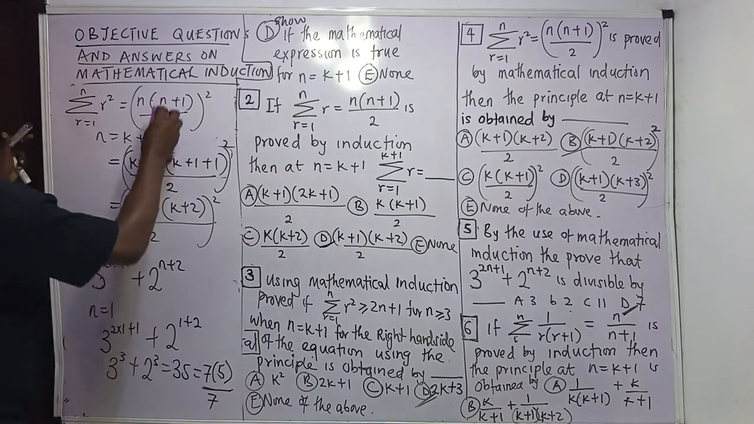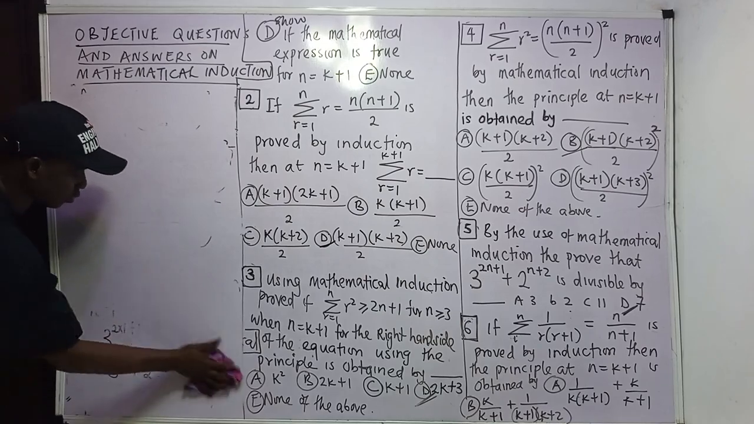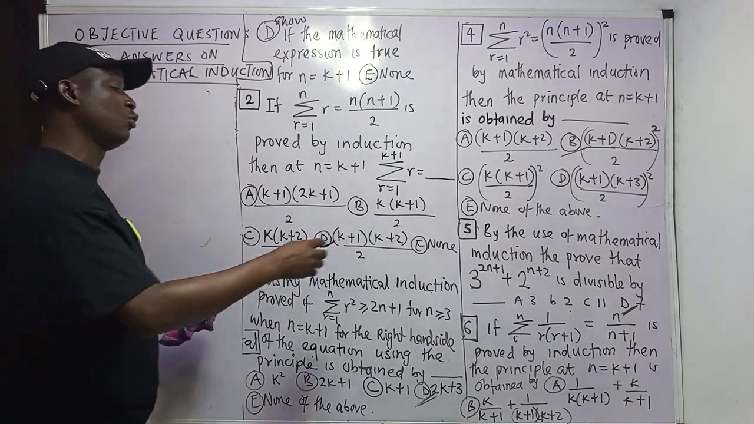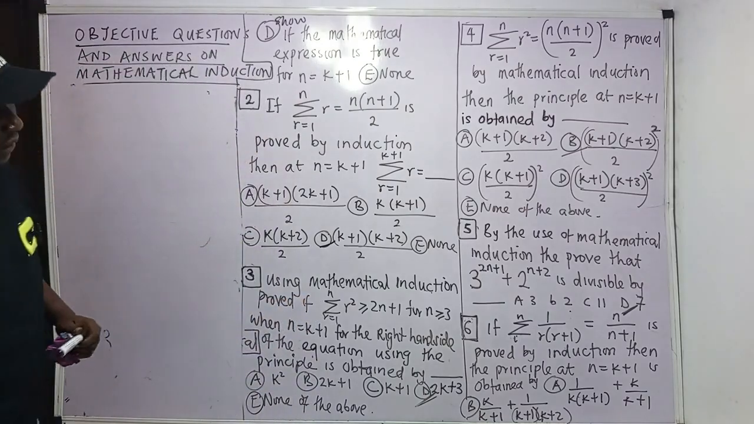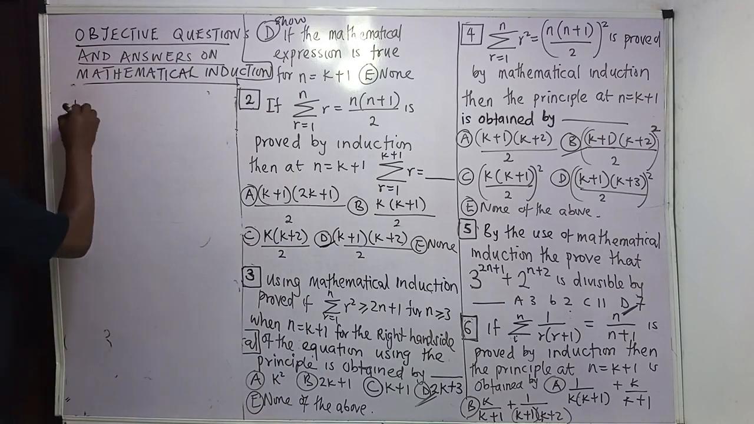Let's go to number 6. Now, that is the shortcut for that one. After putting 1 there, you get the number, then try all the options, then you will get your answer. Now, the next one says,